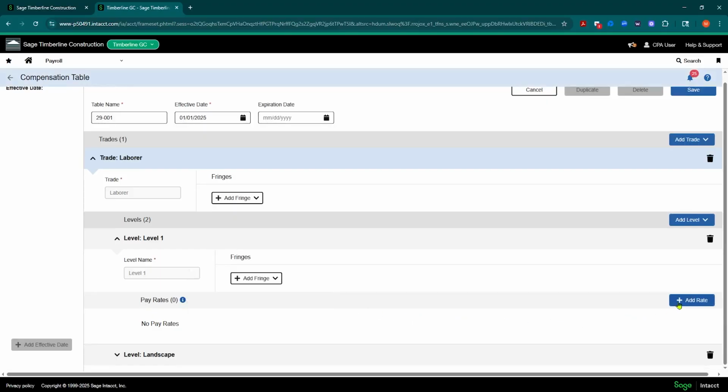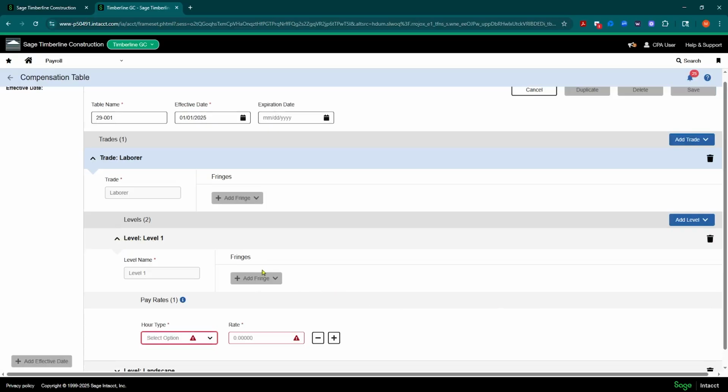So if I come over to here and open up the level 1, I'm going to click Add Rate. And then it's going to make me pick the rate that this is eligible for. So the pay ID, the hour type. So in this case, we're saying if it's regular, for this certified project, this level 1 laborer gets $26 an